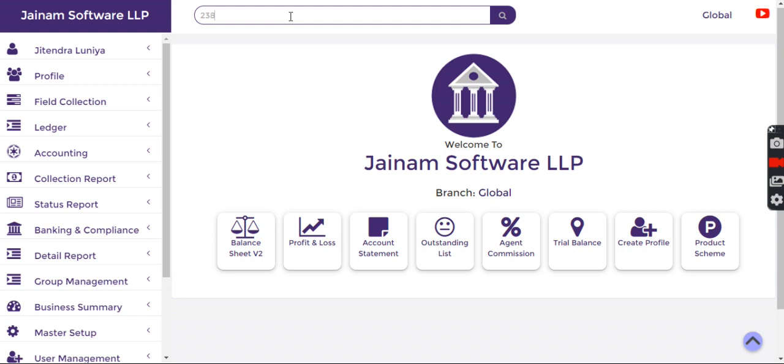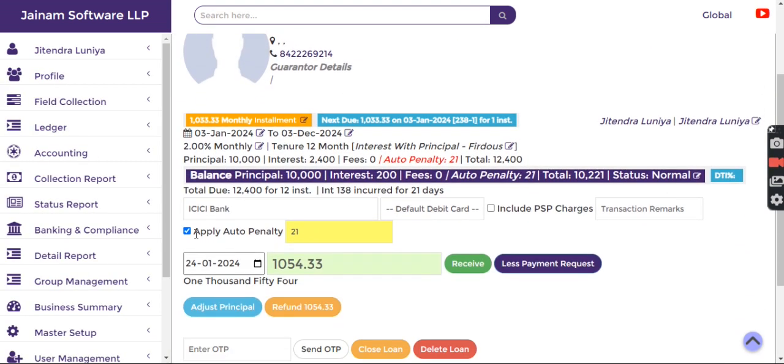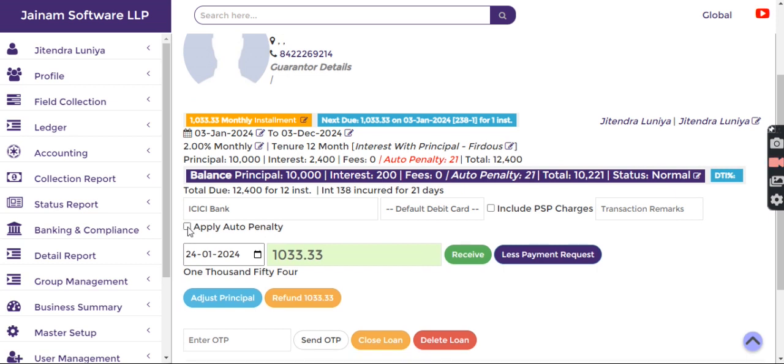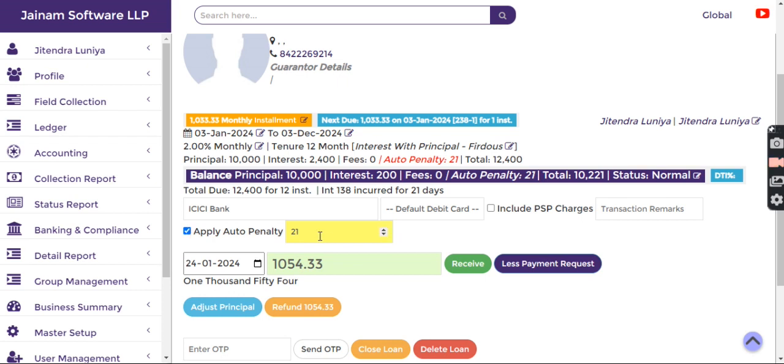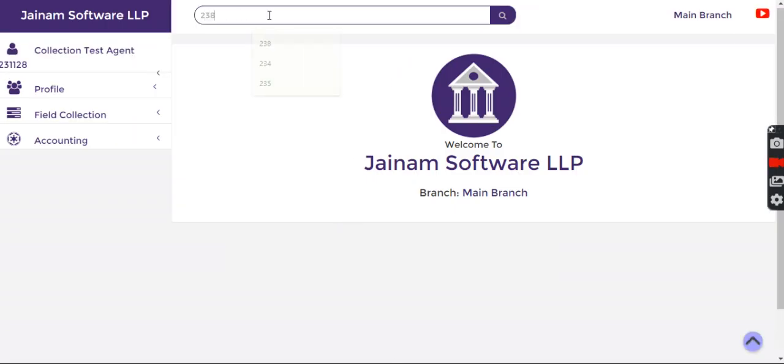I'm searching a loan. Here I can see that I can decide whether to waive off the auto penalty or apply. If I'm applying auto penalty, I can change the amount also. Now, if I log in from the staff and search the same loan,